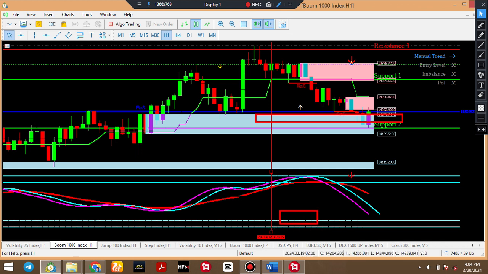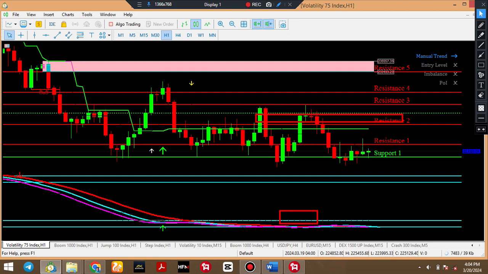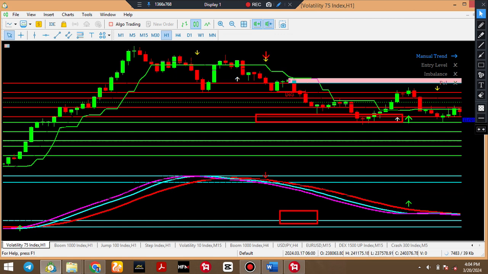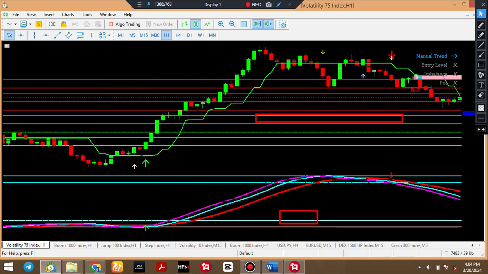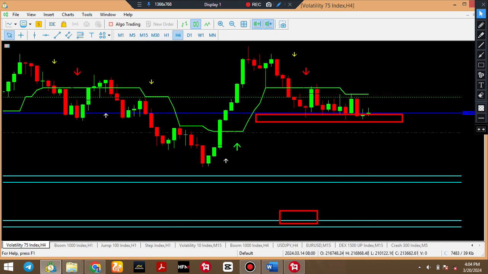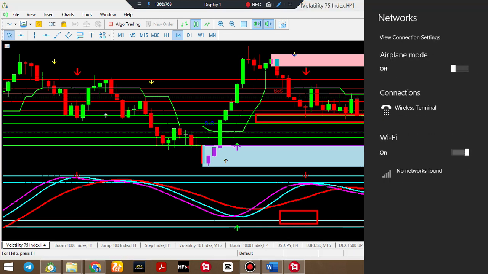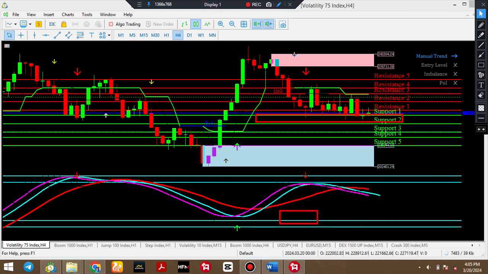So this applies to all, even volatility 75. There's a trade running on volatility 75, it's still in profit. A sell trade. When you go to 4 hour, I think you should be able to see it. A sell trade. Okay, maybe because I have the network. Let me put on the network. Okay, my data is off. Sorry. It's a sell trade, and I believe